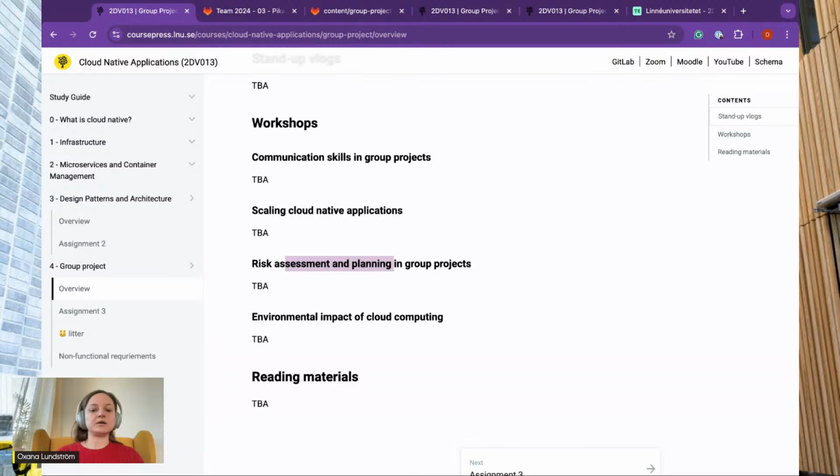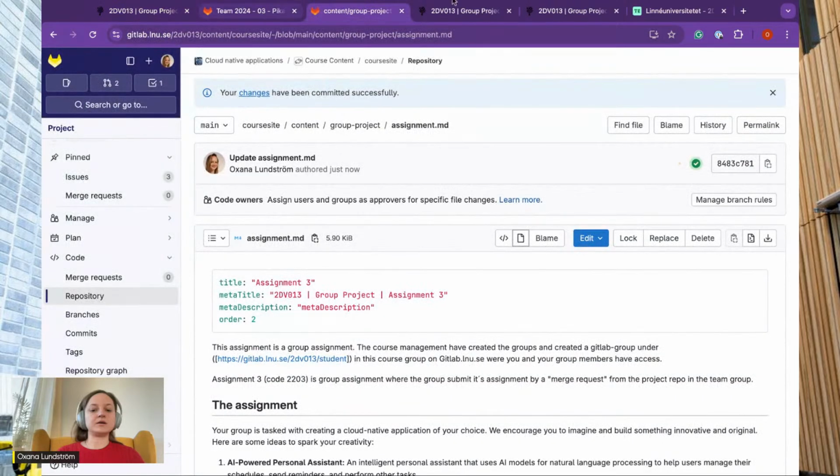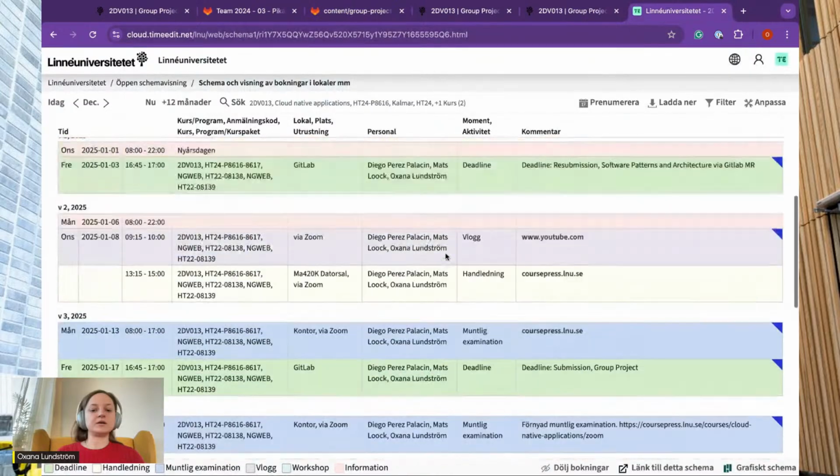So we all check all the check boxes in report 1, and we also will make sure that all of you have your cloud infrastructure working and your deployment pipeline set up, and then we move on towards scaling considerations and different extended patterns that you would need to know for the project. And finally, we will do environmental impact. That is part of the course plan, and the oral exam is somewhere before Christmas.